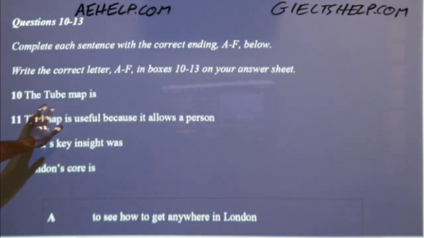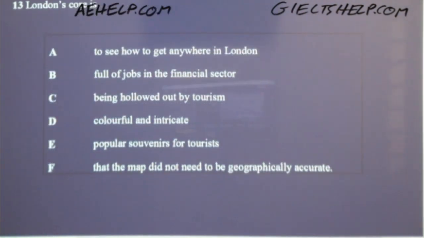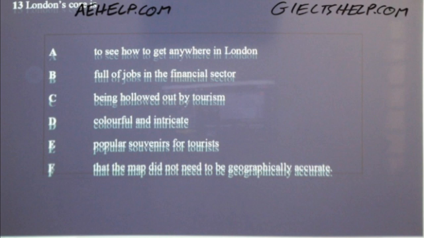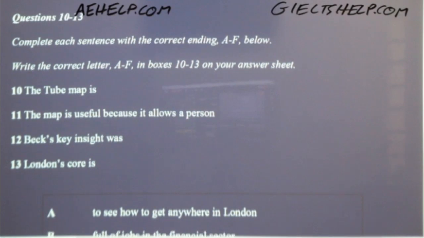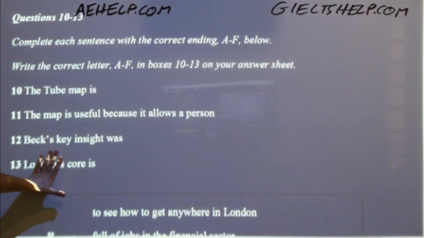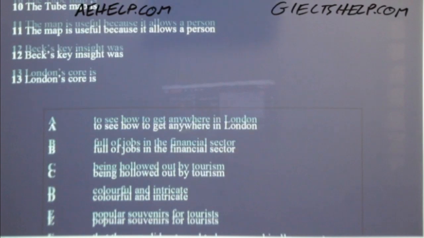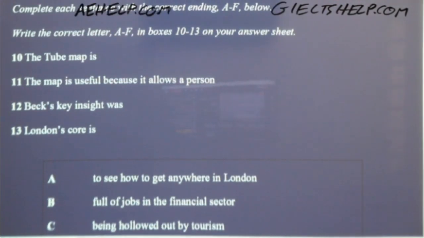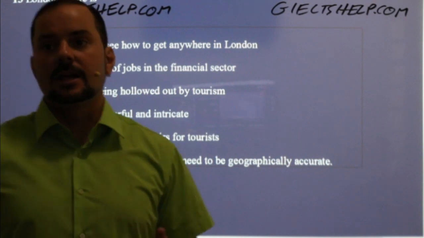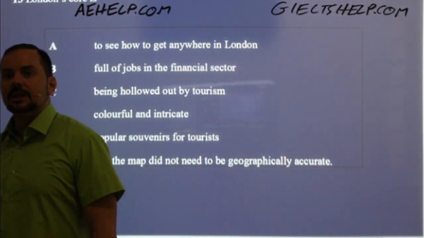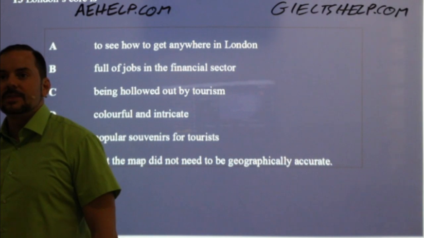So here we have half of the sentence, and then below we have 6 choices to complete these. For passage 1, for these kinds of questions, you usually have 4 questions and then maybe 5 or 6 choices. Later in passage 2 or passage 3, you can have more choices, so you can have 8 or 9, which makes it even more confusing. So be really, really careful with that.